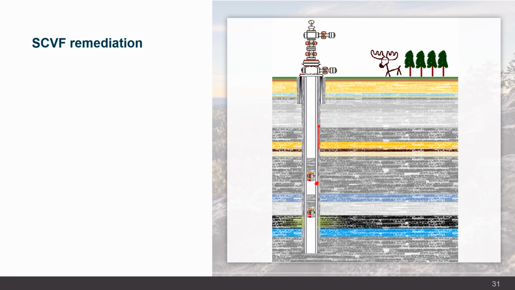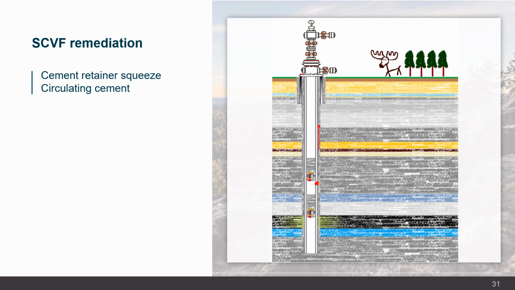Remediating a surface casing vent flow or gas migration is not as straightforward as fixing a casing failure. Because the flow of gas exists outside the casing string, merely plugging the inside with a bridge plug and cement cap would not solve the underlying issue. As a result, permit holders are limited to either conducting cement retainer squeezes or circulating cement if the primary cement